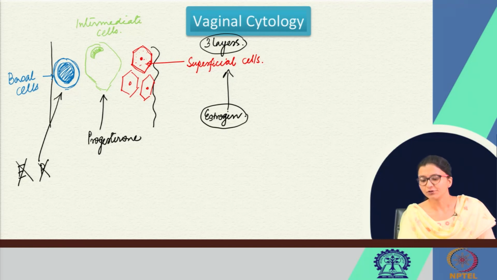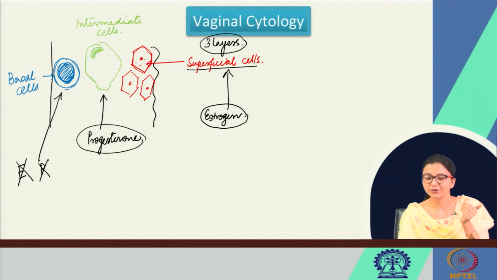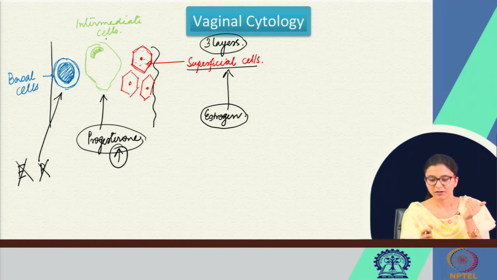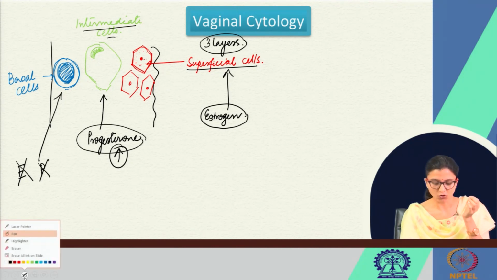In the follicular phase of the menstrual cycle, when the follicle is gradually increasing in size, estrogen is predominant and there is predominance of superficial cells. In the progestational phase or during pregnancy, progesterone is high in the female body. So, in vaginal cytology, we will see the intermediate cells, and in menopause, when there is no progesterone or estrogen, we will see the